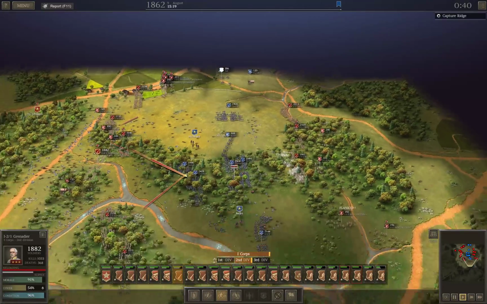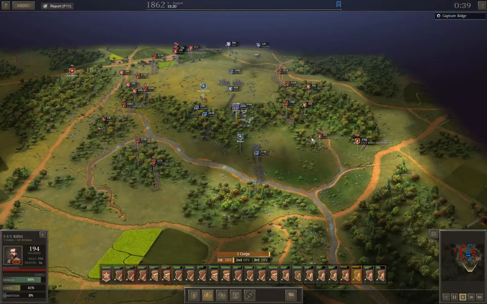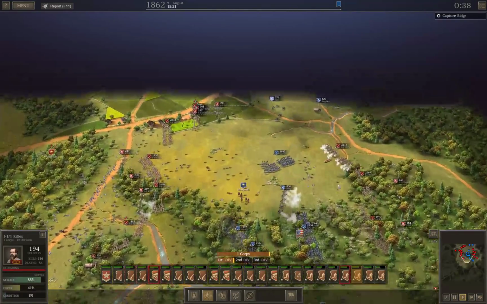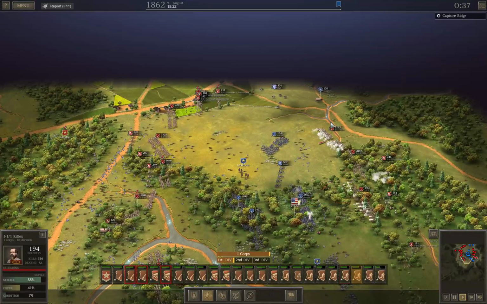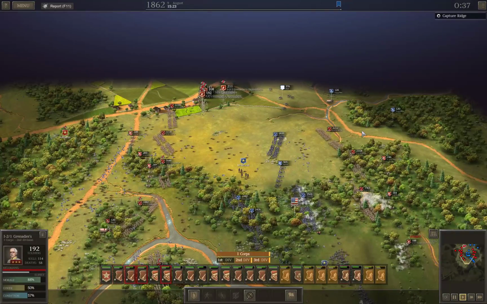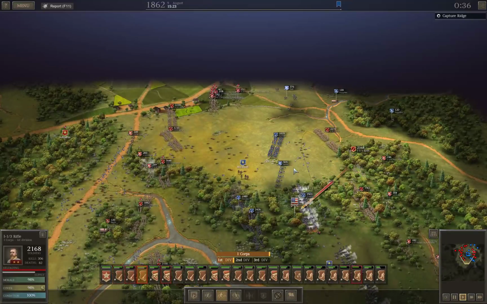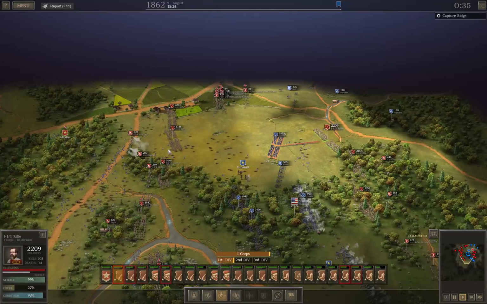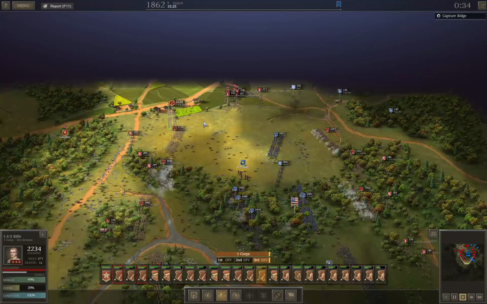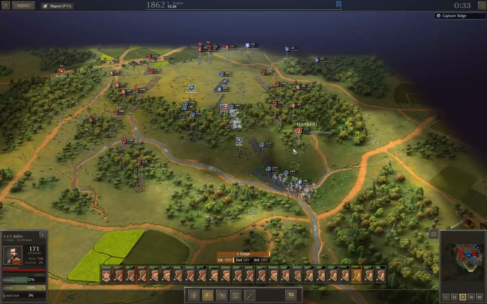So what we're going to do is form a line here and just work our way across. We've got no other option. We lost one of our skirmisher units. 38 game minutes to go. Notice that I said we have 38 game minutes to go, but there is no rush. I should point that out. This battle is not...